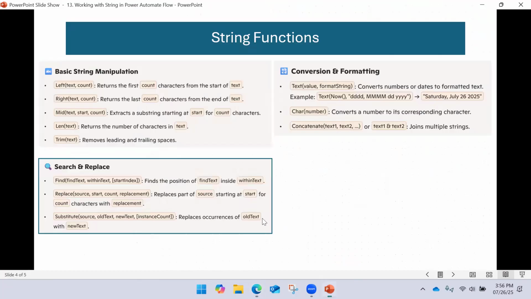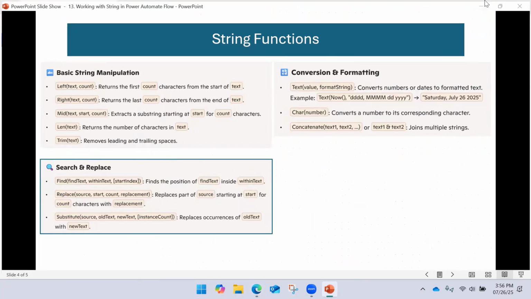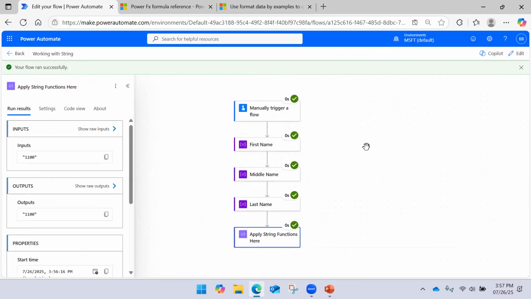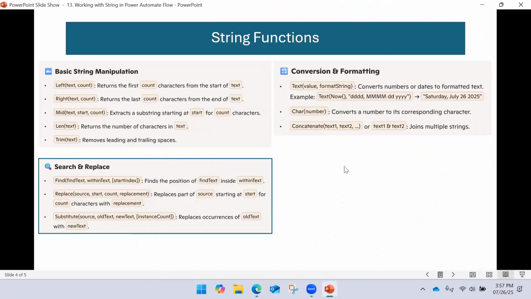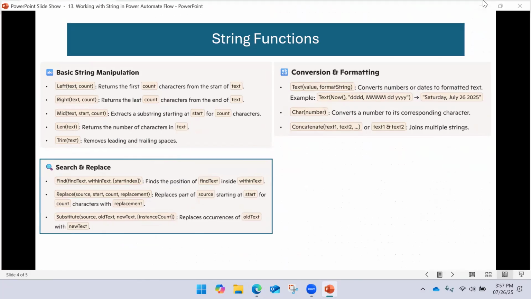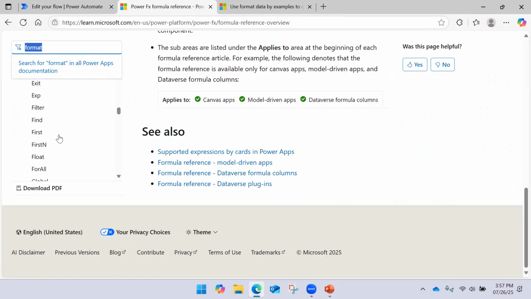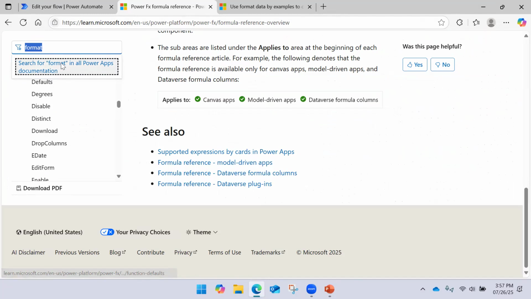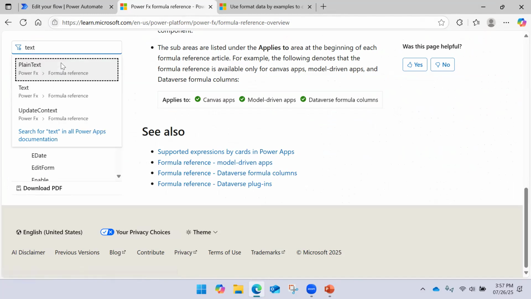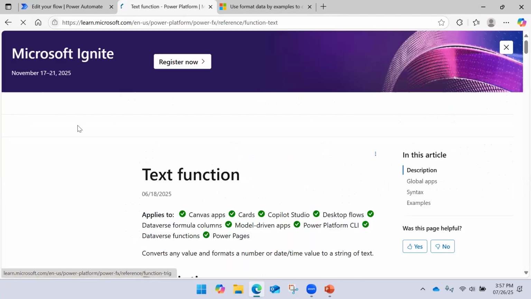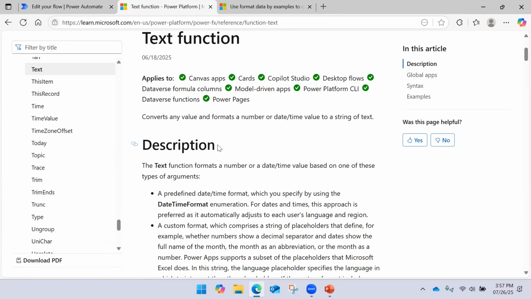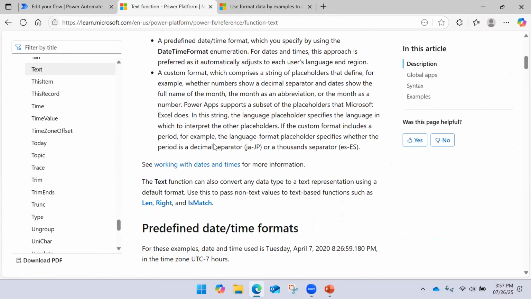So these functions are also supported, but not in Power Automate. Whatever functions you can see here are supported in Power Apps, but they are part of Power FX. If I say the text function, the text function is there in Power FX.